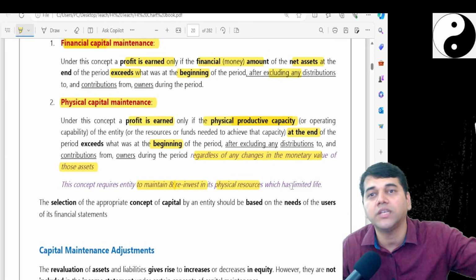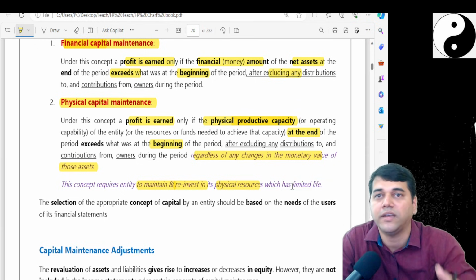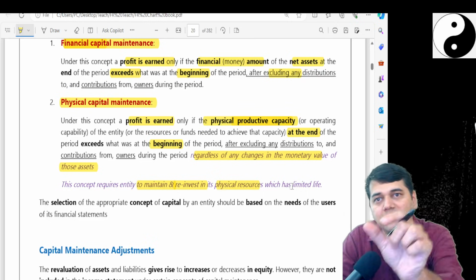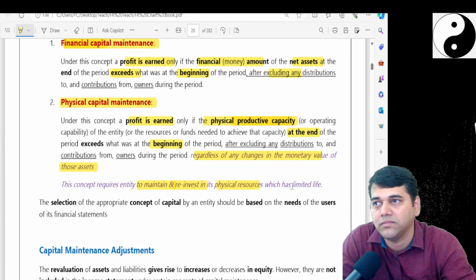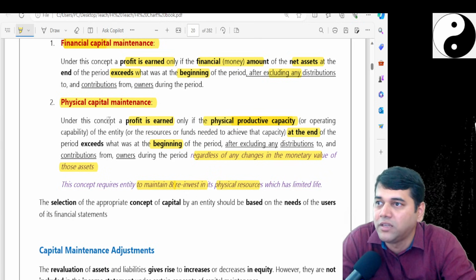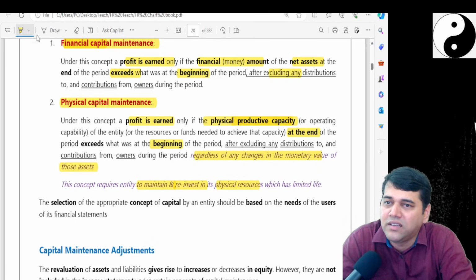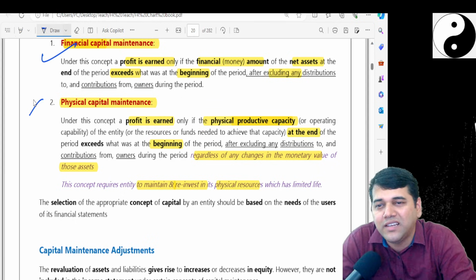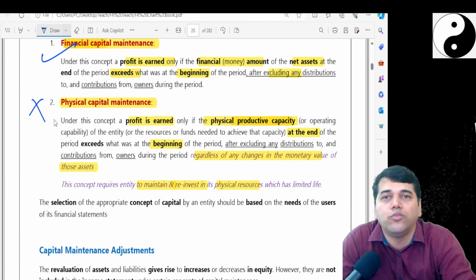It may go with your other elements like, okay, how much rent you received, how much expenses, all deductions, this is your profit. That is your financial concept. Have you understood this? This is one way of looking. Actually, we always go with this. We have already studied this. Physical capital maintenance, generally we don't go with that.